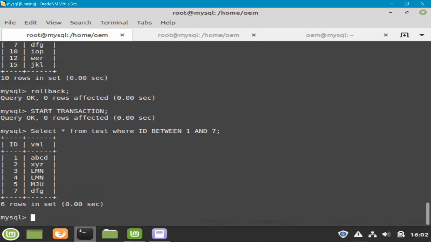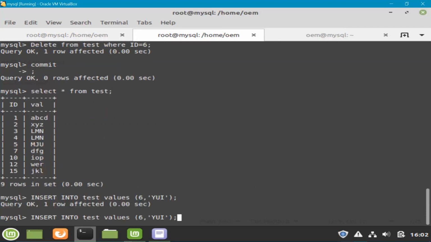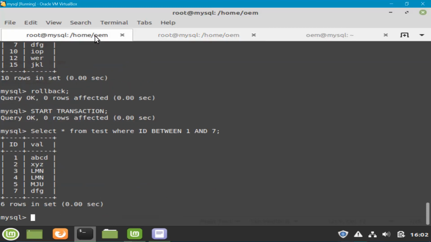You have only those values between ID 1 and 7. Okay, fine. Now here I'm going to insert one record. Insert into test values 6, comma, and I will say YUI.